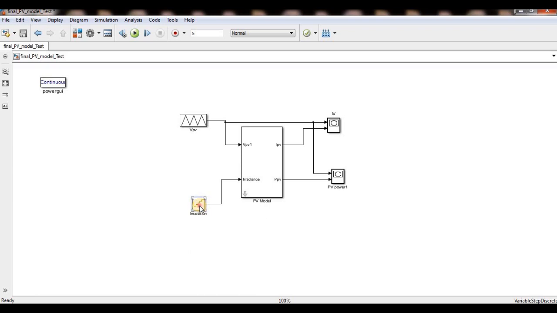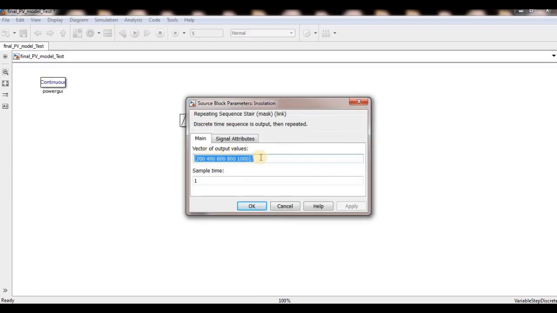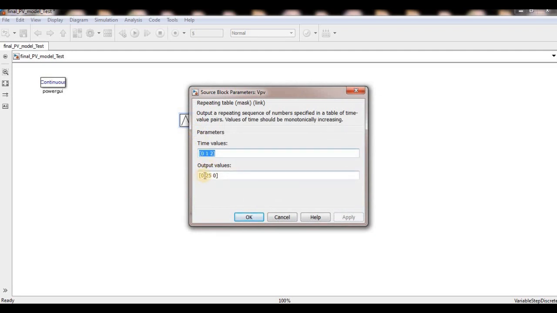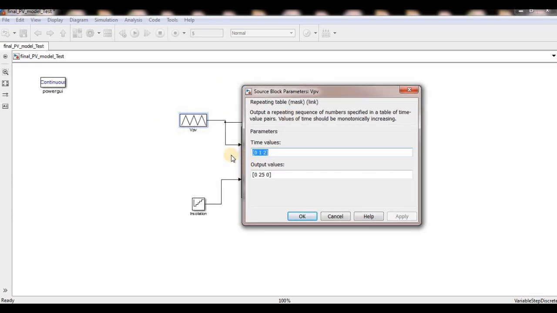I mean I can get 5 values, 1 2 3 4 5, and this will work as 0 to 25, again 0 to 25, again 0 to 25, like a triangle. From 0 to 25, 25 to 0, 0 to 25, 25 to 0, like this it will come.